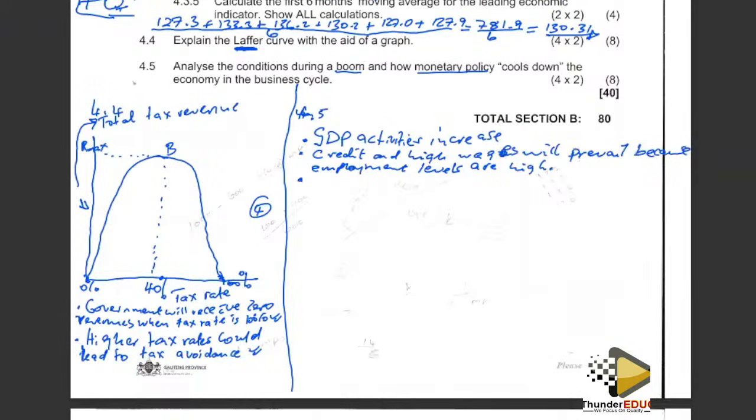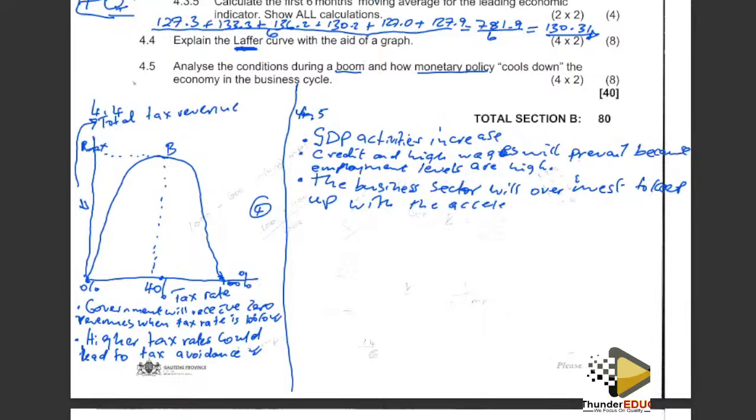Okay, right. So now moving on to the next point, saying that the business sector will overinvest to keep up with the accelerated demand for goods and services. So the last bullet, we are saying that during a boom,